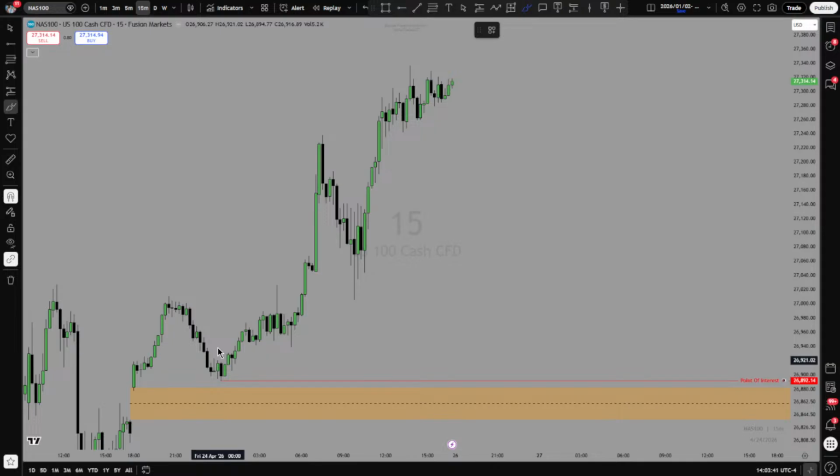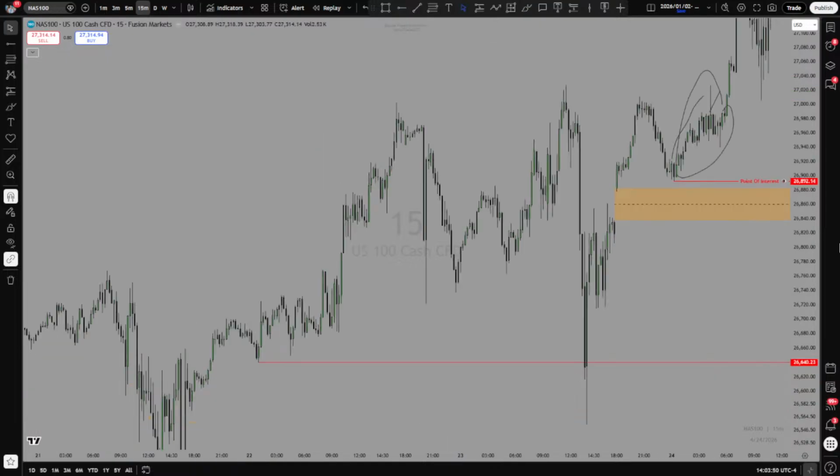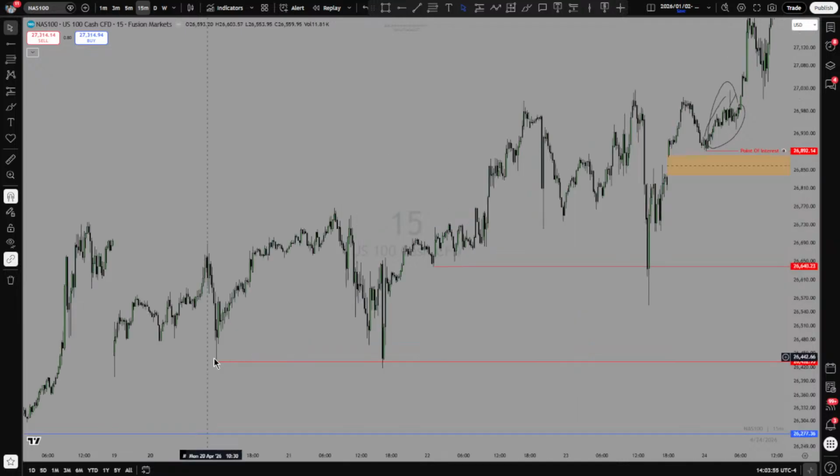Beyond that, I don't have anything, because we just came back to this sell-side liquidity, then we crashed it, made an obvious sell, then we came back to this and crashed it as well. So this is what the market was actually targeting. These are relative equal lows, right? That's exactly what I was anticipating and looking at.